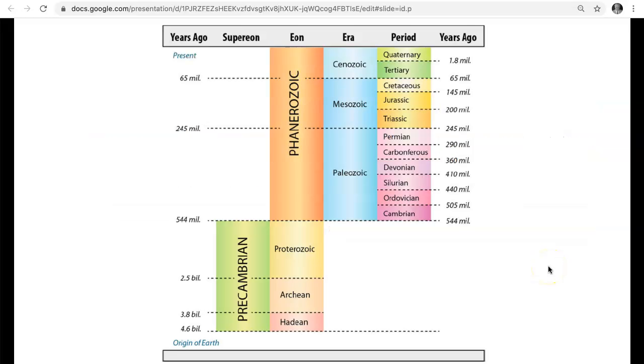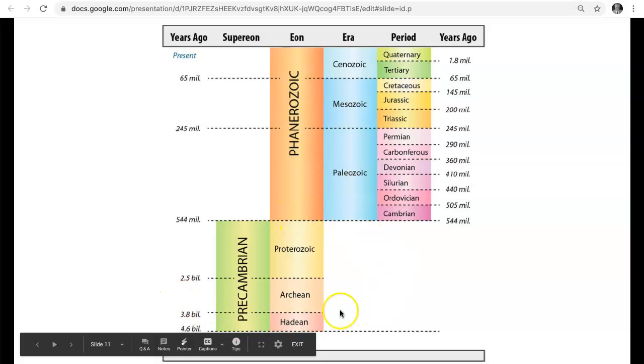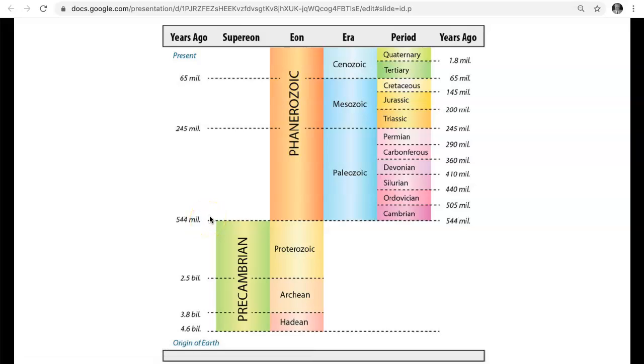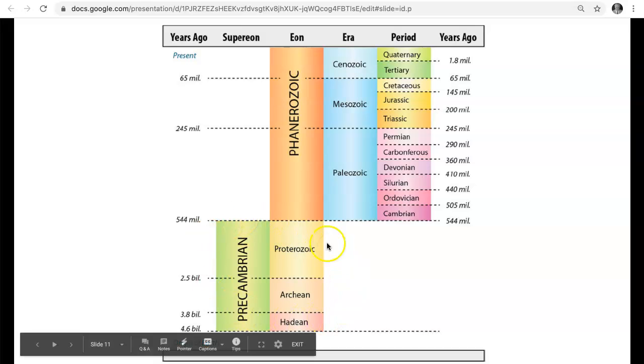This is another timeline from your book, and I like this timeline, but it's a little misleading. Let me show you why. You see right over here, it's called the Precambrian era. The Precambrian era lasted from when the Earth was 4.6 billion years old to when it was about 544 million years ago. So this is a very long period of time when most life was simple, unicellular, and